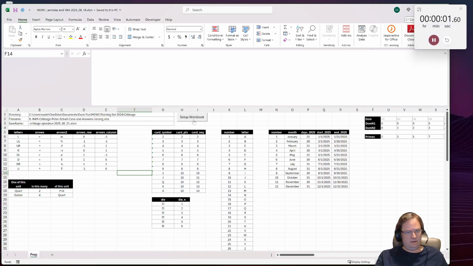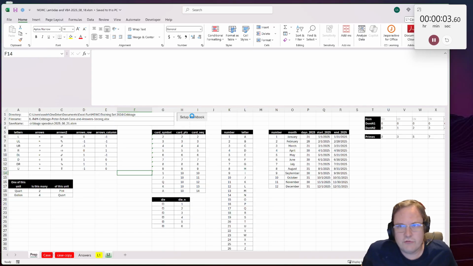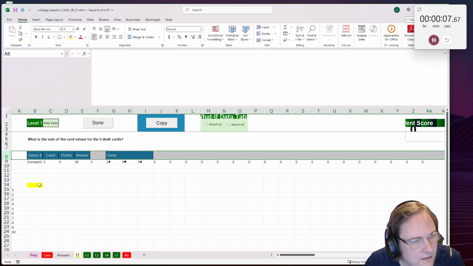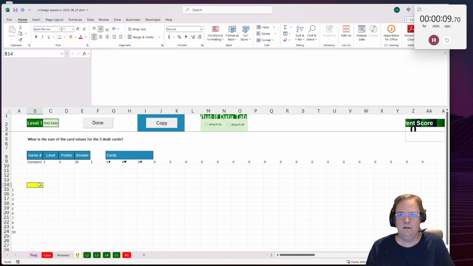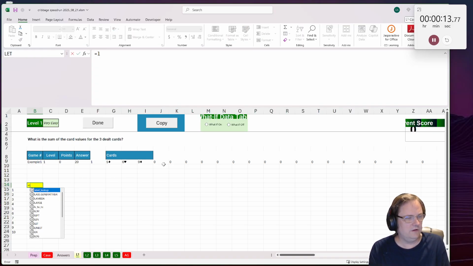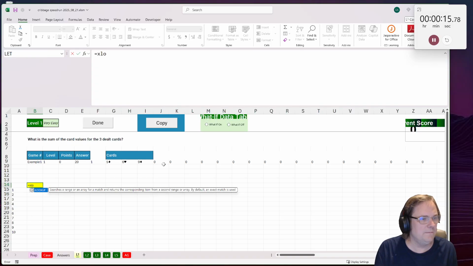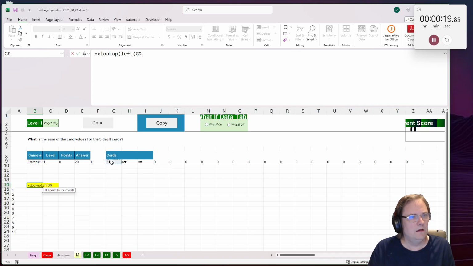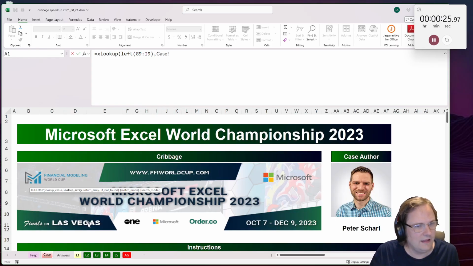Okay, here is a speed run of the Cribbage Excel Esports case. I'm going to use some lambdas and VBA that you could download at the link in the description. All right, so first I'm going to grab these symbols on the left, and I've got